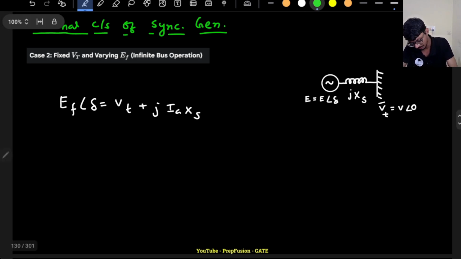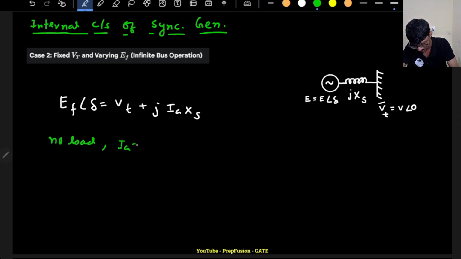In no load what will happen? No load basically means IA is 0. If IA is 0, EF will be equal to VT. This was case A. Okay, case B will be 0 power factor,